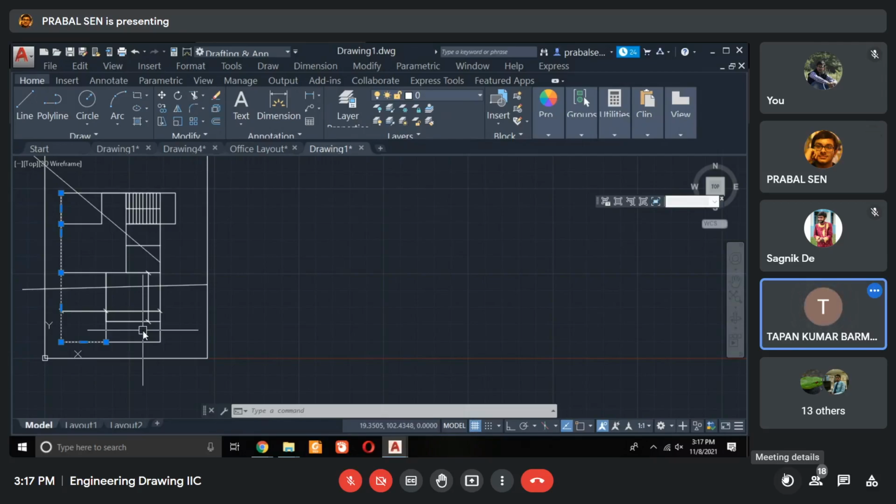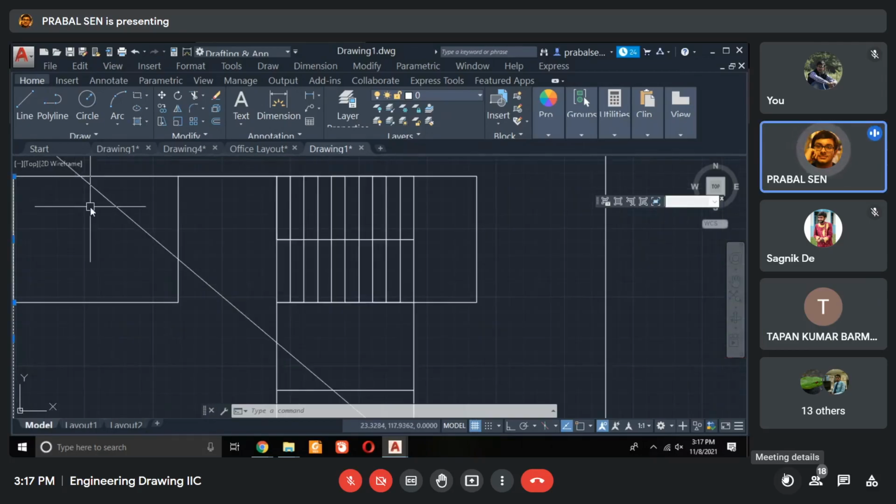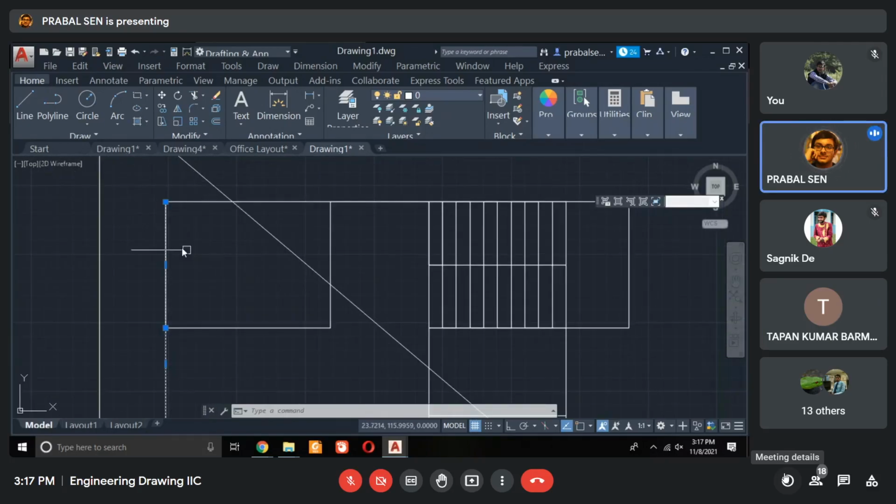Then if I offset the small line, maybe a small gapping may be there. No, when your line is perfect, there should be no gap. When you are making the lines, your selection of the point should be perfect. Then there should be no gap.